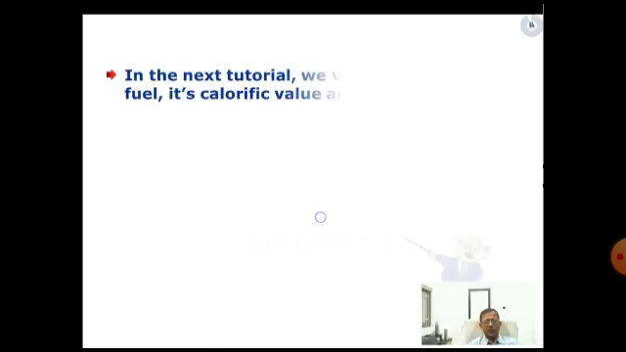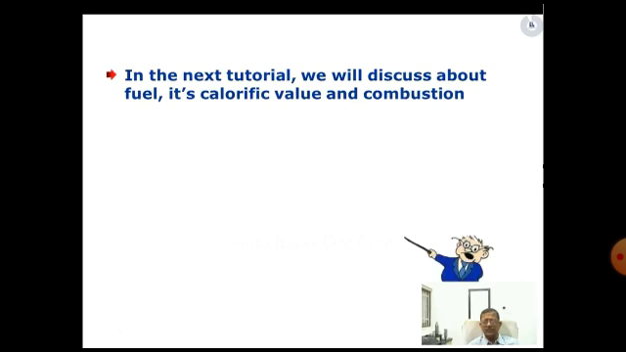In the next tutorial we will deal with a new subject, that will be combustion. So we'll be talking about fuel, its various properties, the combustion mechanism, the calculation of GCV, NCV, and the calculation of air and the gas